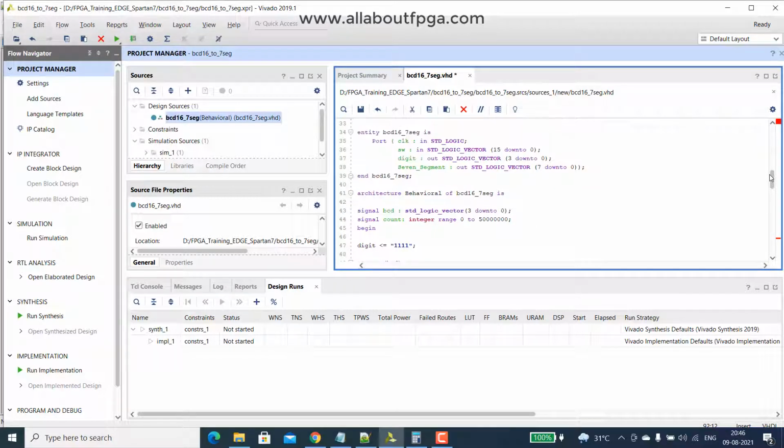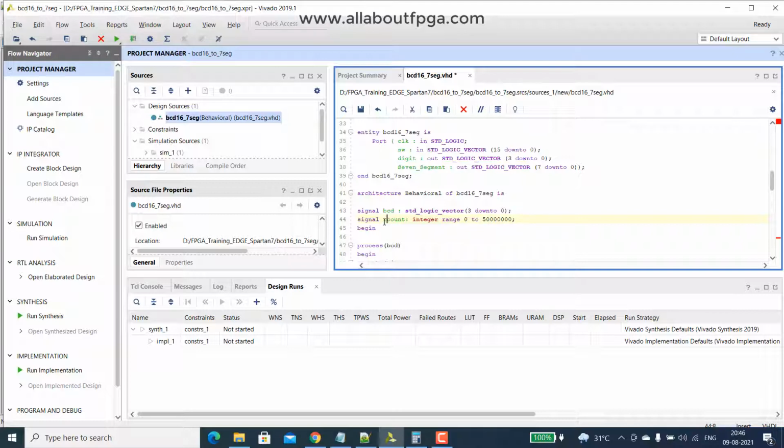The thing is that we are not going to activate the digits at the same time, like 1111. We are simply going to activate them one by one and send the data. So first we remove this part. Then we have the count up to 50 into 10 power 6, that is, every 1 second this count will trigger the BCD value to 7 segment.